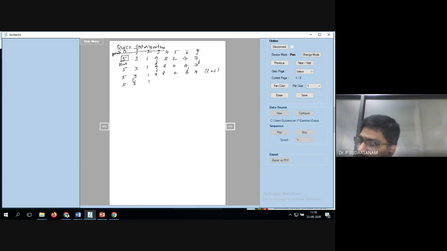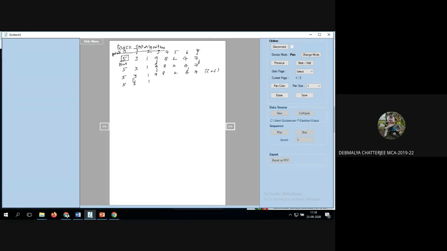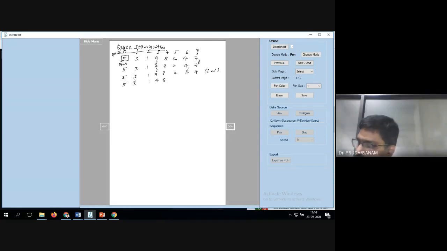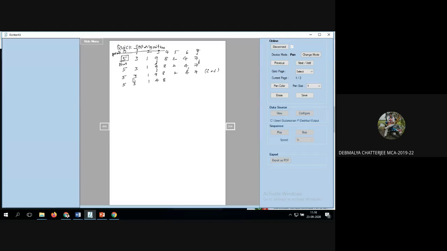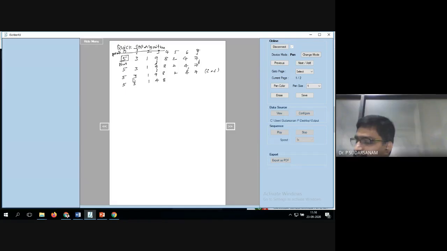Interchange means swap 9 and 4, so 4. Next, tell me the remaining values, 8. Here 9. So now 9 and 4 got interchanged.